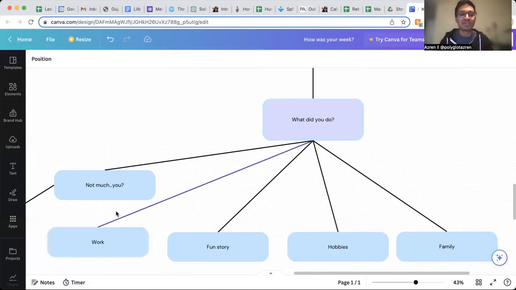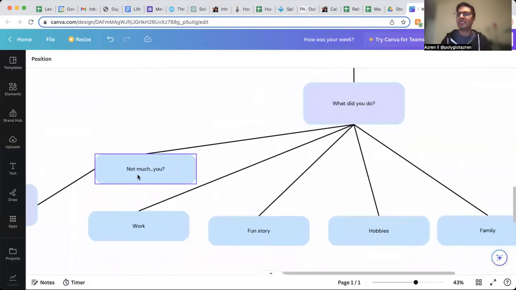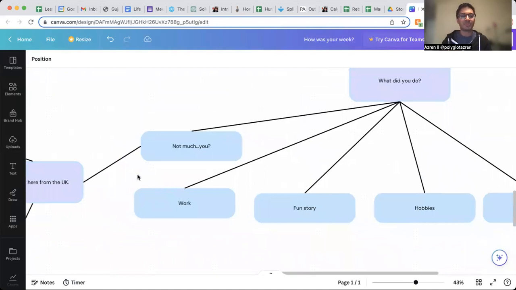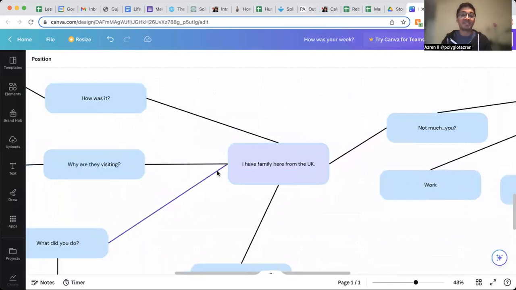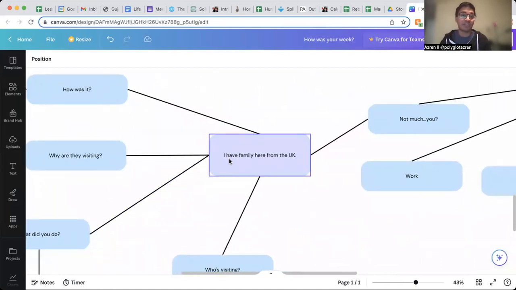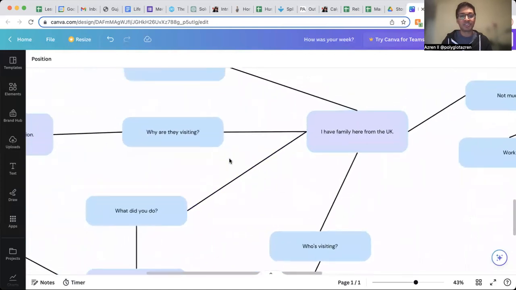So let's give one example. Let's say you said, hey, what did you do last week? And they said, not really that much, or can't really remember, or it was a typical week. Some variation where they don't give you much information, and then they put the question back to you. Yeah, not very much. How about you? We know this might happen. So then we go down our tree, and we have another purple box here. If you asked me this week, I would have said something like, I have family here from the UK. Oh, I have some family visiting. This then branches off into some different questions they might ask you.